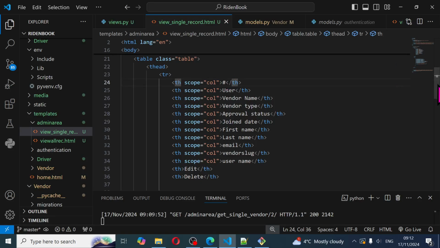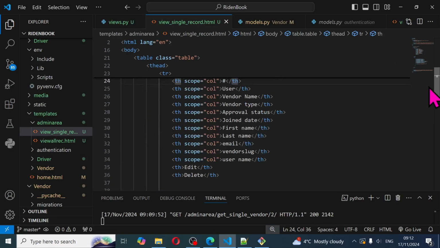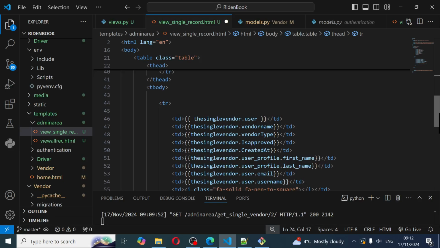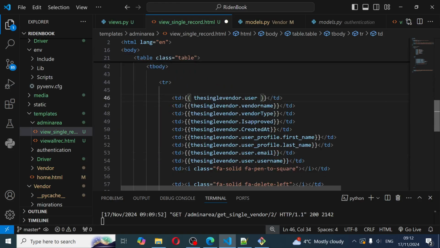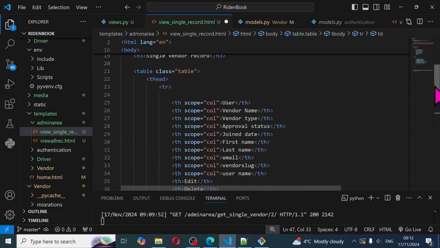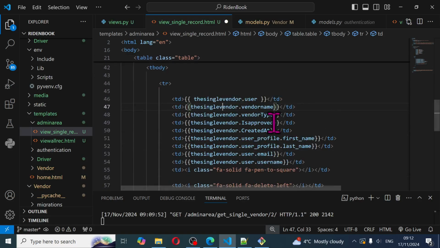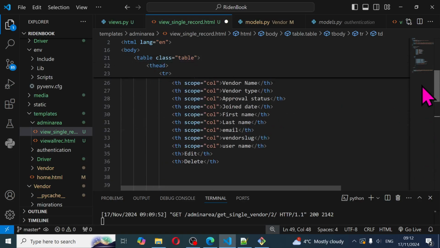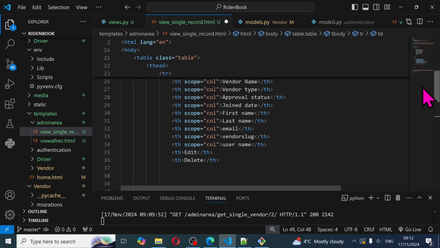We have hash, and I'm going to remove the hash because it's just one record. Then we have user, single_vendor.user, vendor name, single_vendor.vendor_name, vendor type, approval status, vendor type approval, and then